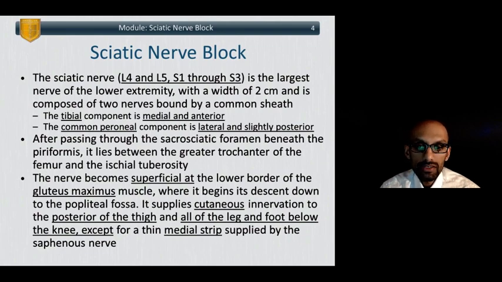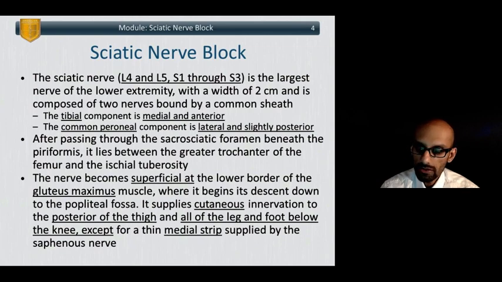After passing through the sacrosciatic foramen beneath the piriformis muscle, it lies between the greater trochanter of the femur and the ischial tuberosity. The nerve does become temporarily superficial at the lower border of the gluteus maximus, where you can do an infragluteal approach to block this nerve. But then it descends into the popliteal fossa and supplies cutaneous innervation to the posterior thigh and all the leg and the foot below the knee, with the exception of the medial strip distal to the knee that is innervated